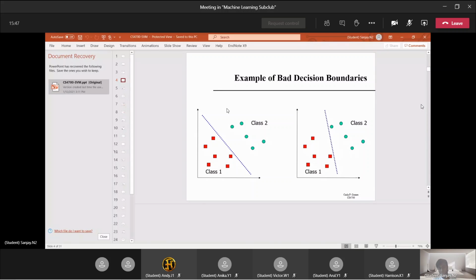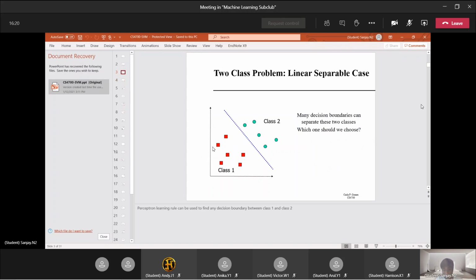Now an example of a bad decision boundary. Say we have the same example, but we fit the decision boundary such that it's too close to one class over another. A decision boundary is just a line or equation that separates these classes if it's classification, or fits the data if it's a regression. I like to focus on classification rather than regression, because classification is easier to visualize and understand. This one is a good decision boundary,